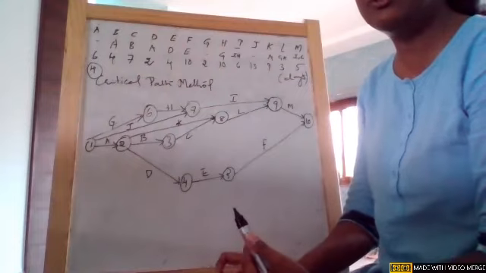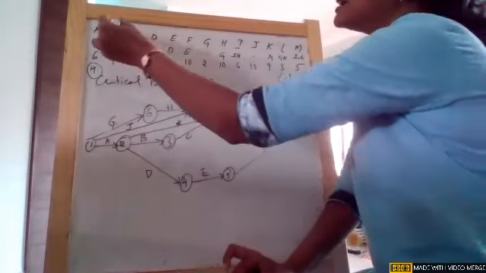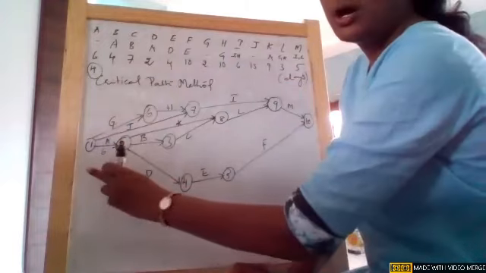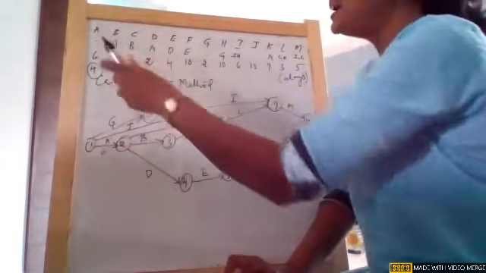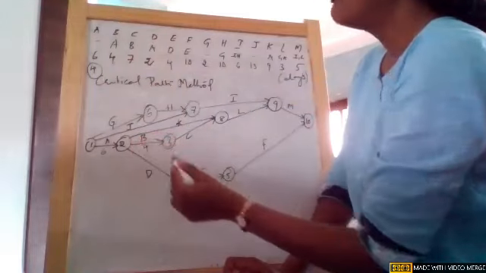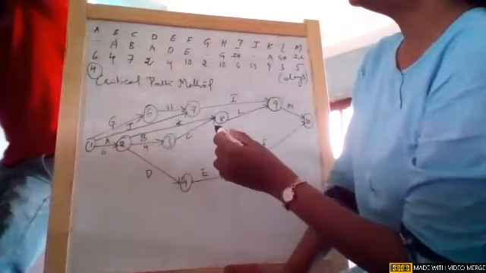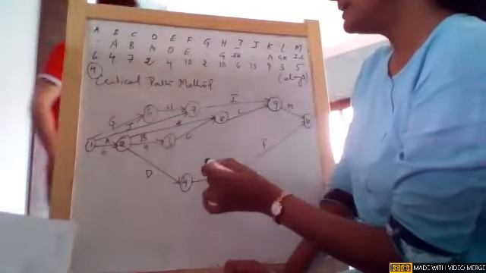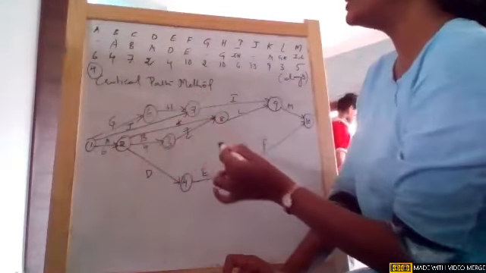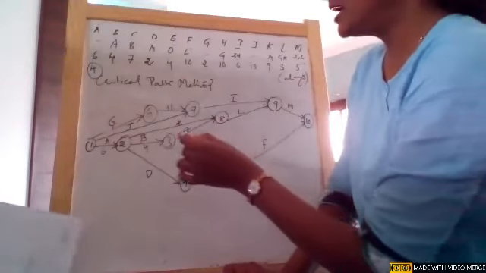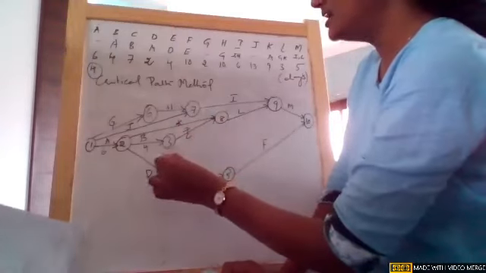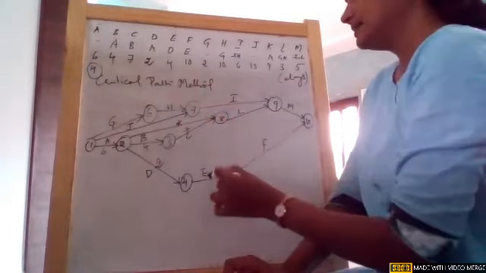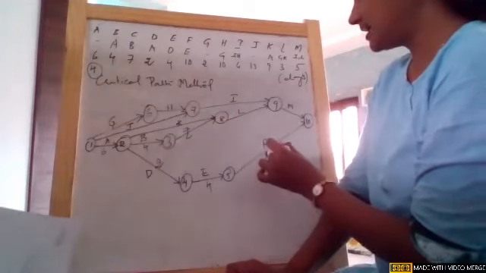So that is what they are trying to inform. Now, wherever there is A, A is taking 6 days, so I'm just writing 6 near A. You just saw, I just wrote 6 near A. B is taking 4, so for B, 4. And C is taking 7. So wherever C is there, just write 7 there. D is taking 2 days. So where did we have D? So it is 2. And E is taking 4 days. E, 4. F is taking 10 days.